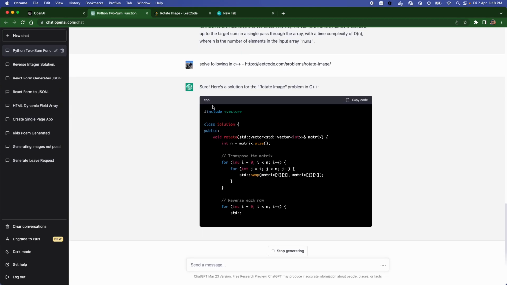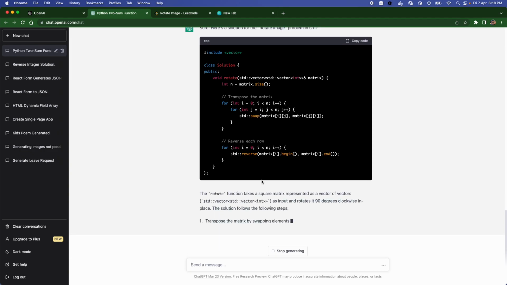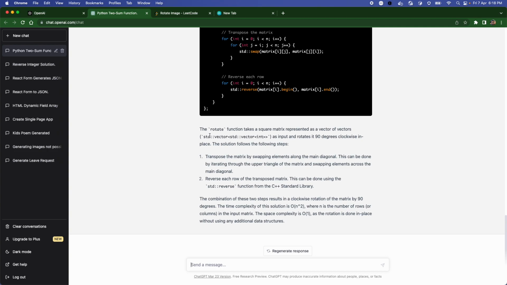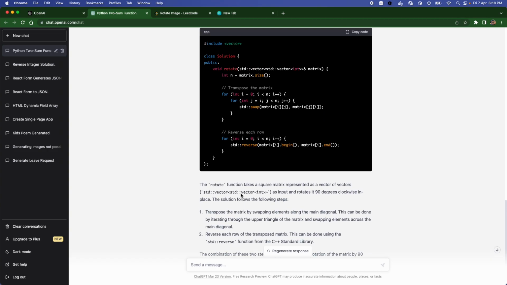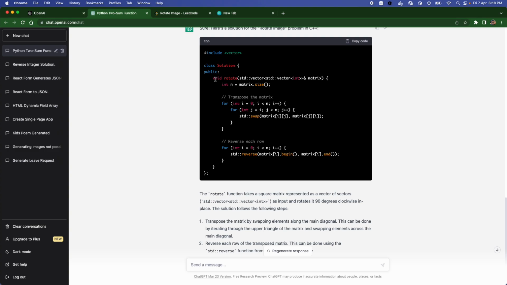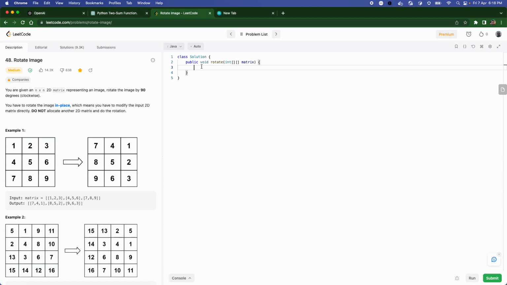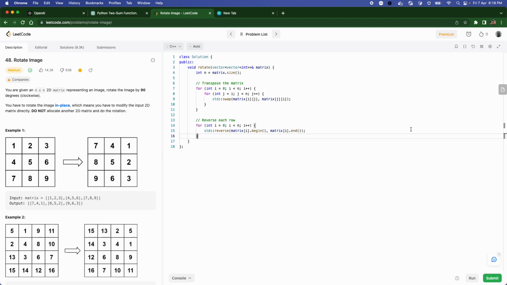Cool. Here's the solution for Rotate Image in C++. Now it has not only solved it, it has given the explanation of what we are doing. So what I'll do is copy the internal logic, change the accepted solution to C++ and run the code.